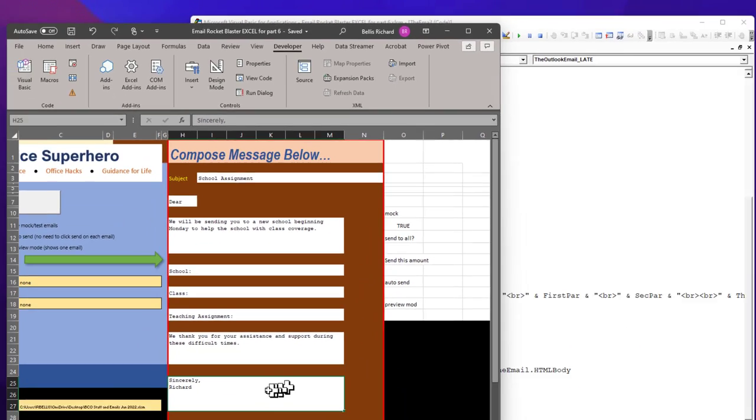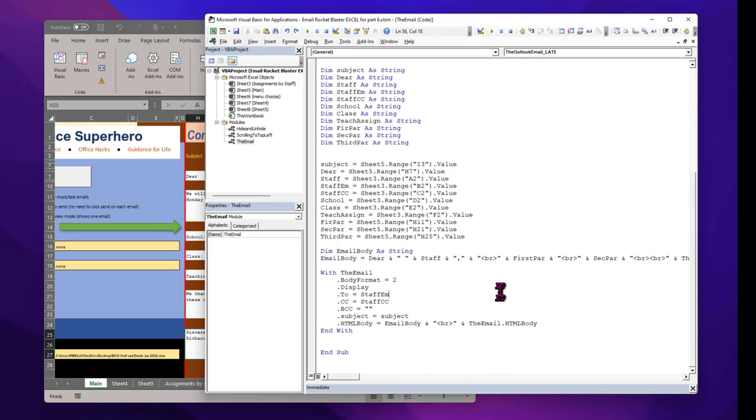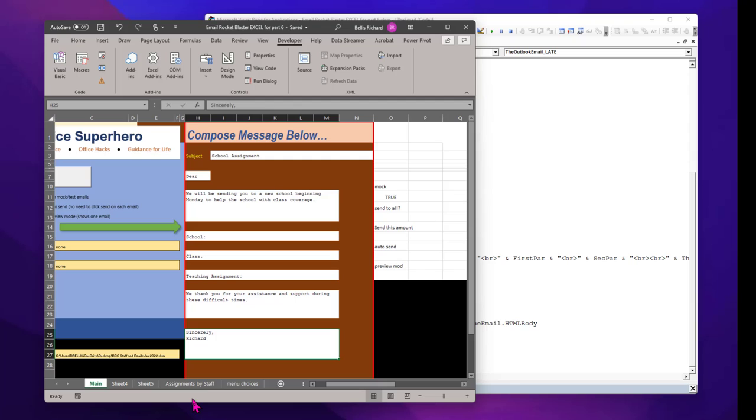The reason this line break is not being picked up is because this is HTML. If this were just rich text or plain text, you would see Richard on the next line. So the workaround for this is we could write the email in plain text,